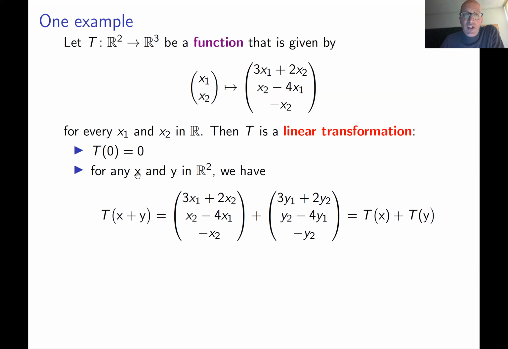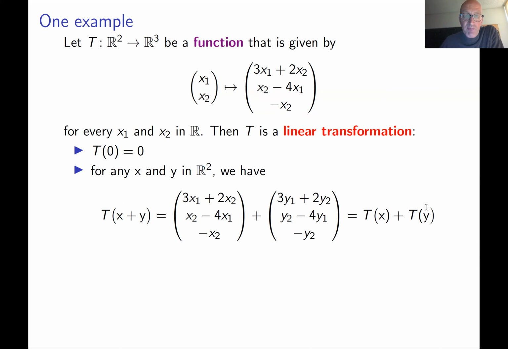Second, you take two vectors x and y in the plane, and you have to check that T of x plus y equals T of x plus T of y. Again, you have to substitute the coordinates of the vector x and vector y into the left-hand side and the right-hand side of this long equality, and you have to check that actually they're the same. You substitute, you play with vectors, and you check that this is the same as T of x plus T of y. This proves the second property of linear transformations.